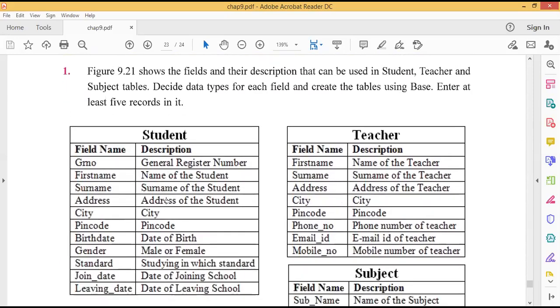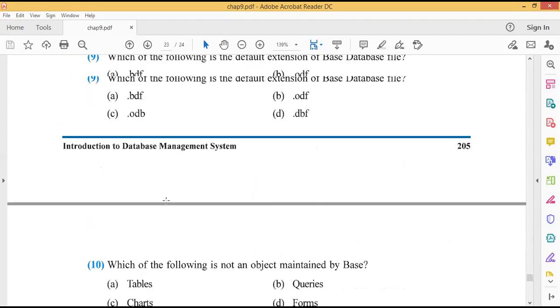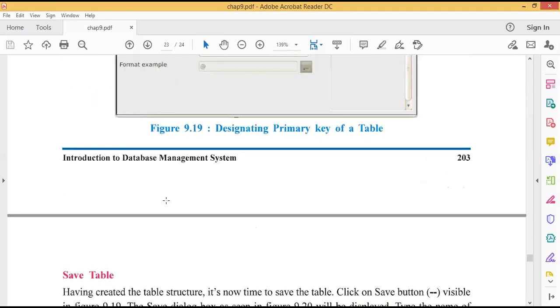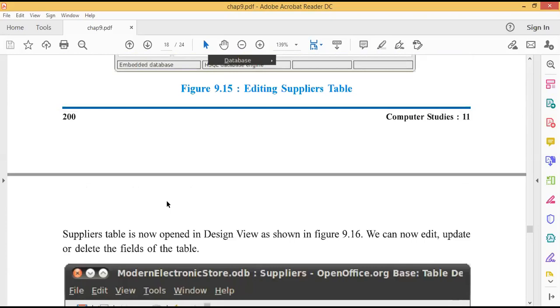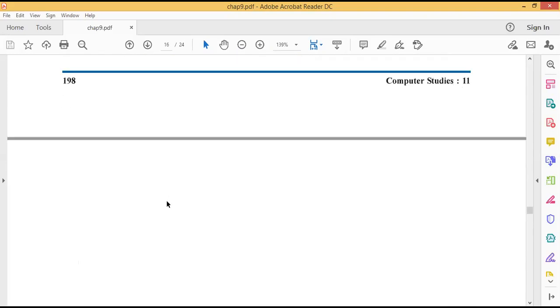See, as per our textbook, we are creating the tables supplier, product, and all these four tables we are going to create. But in the lab exercise, they are giving a school and teachers example. So you should practice these four tables as per this book.